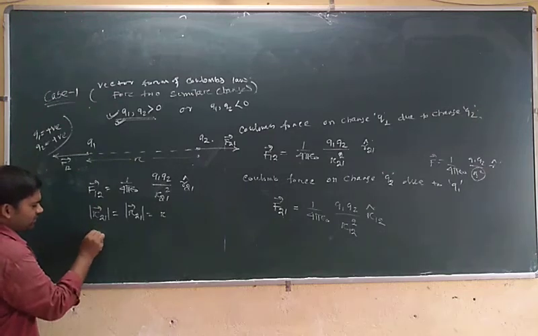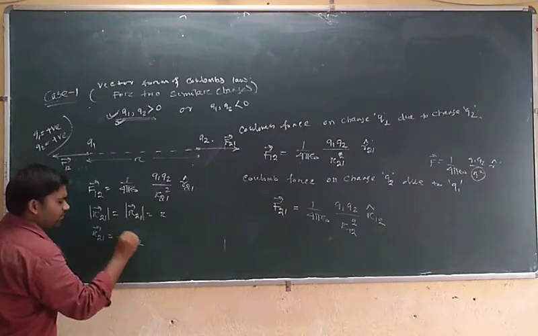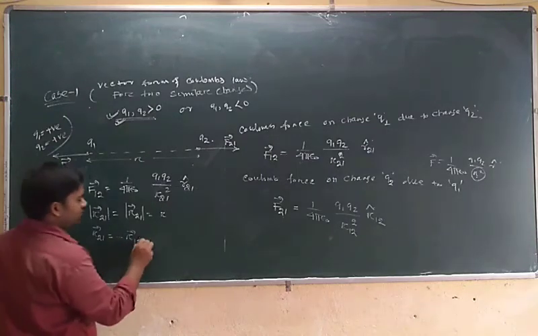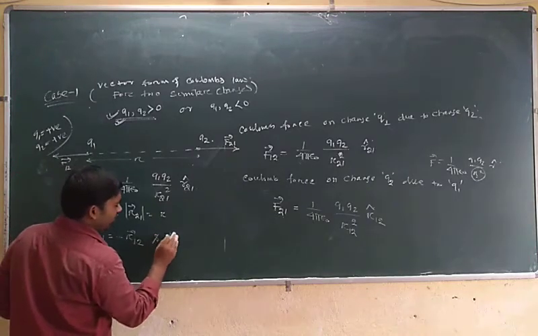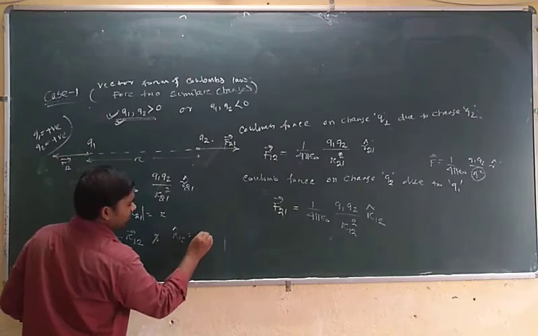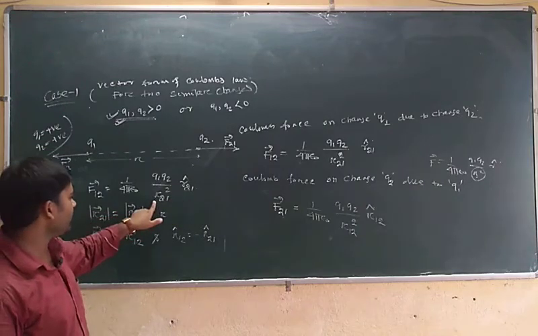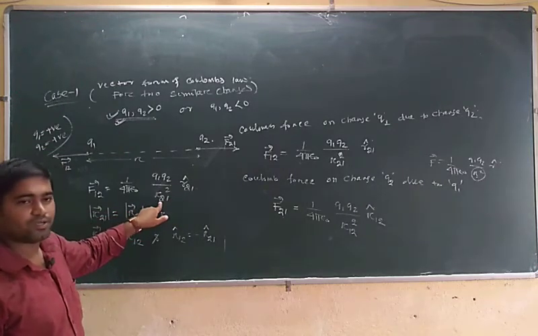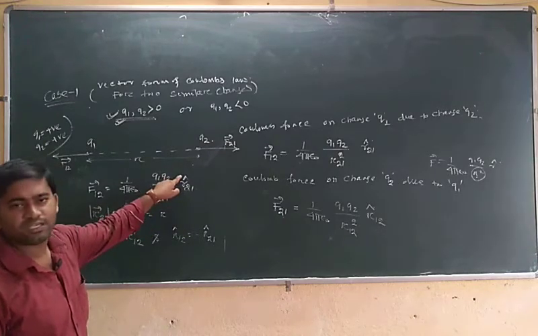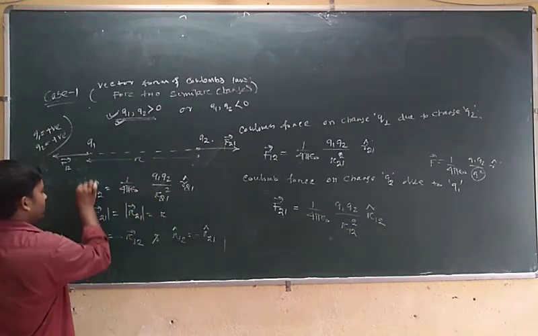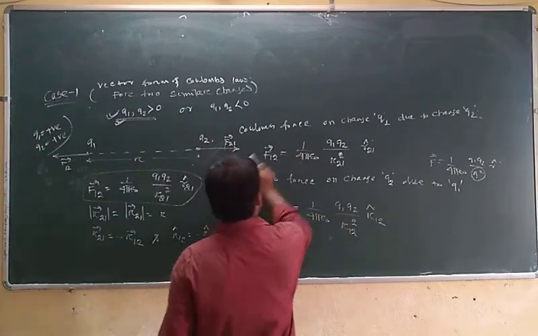Another thing is that the R21 vector equals minus the R12 vector. Both are negative vectors of each other, or in the case of a unit vector format, we can write R12 cap equals minus R21 cap. Because R21 is in square format, this one is the magnitude form, and this one is a unit vector, meaning it is a vector form. So if we change the index of that force, then